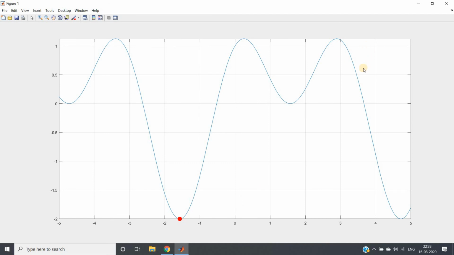Then one more example I can show you. Suppose at x equal to 3 I want to find the nearest minima. So what will happen? In the left hand side the value is increasing, so it will not go to the left hand side, it will go to the right hand side. In the right hand side it will go down, okay, the value is decreasing, so it will go further, and when it reaches here, if it moves further in the right hand side, the value is increasing, so it will not move further, and it will give us the minimum value here.